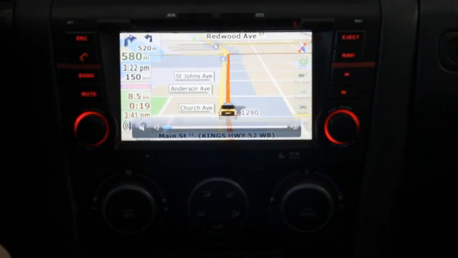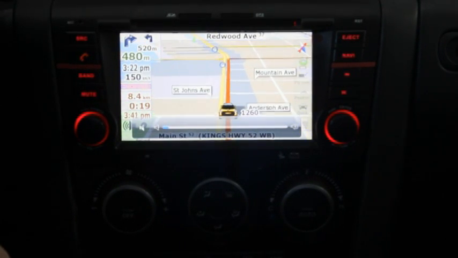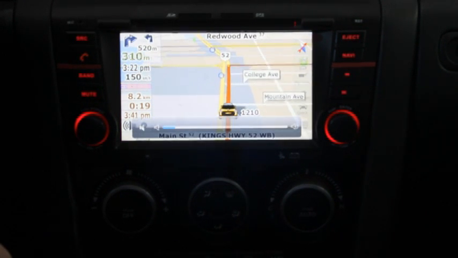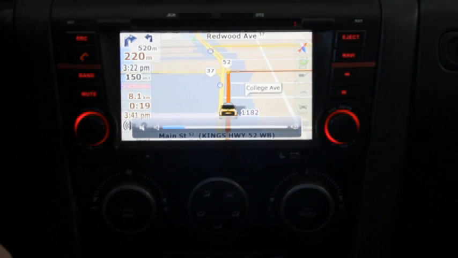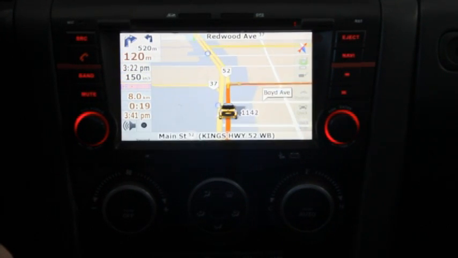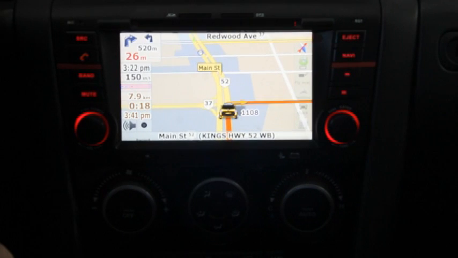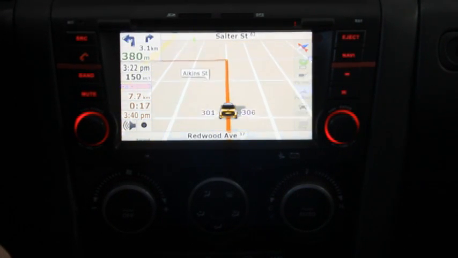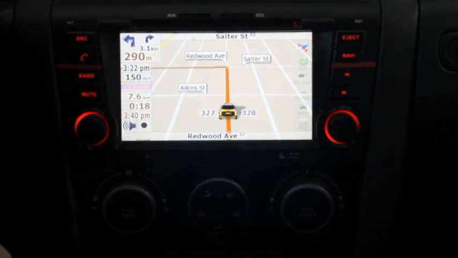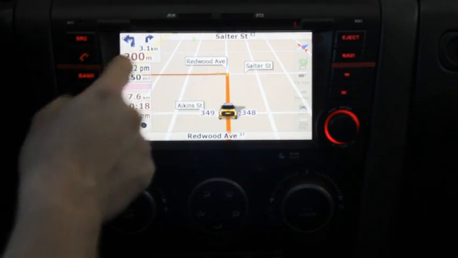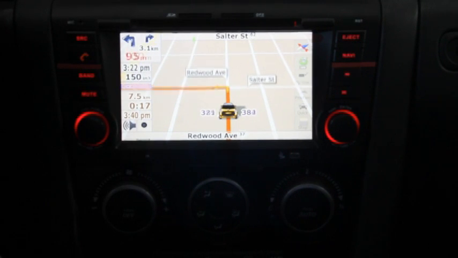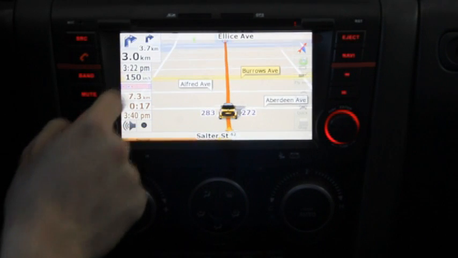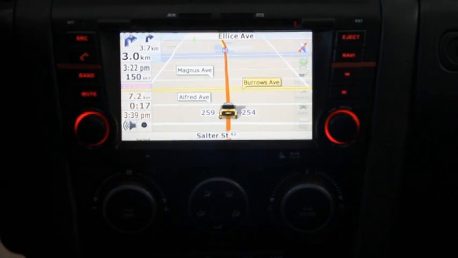Now, because the system is going so much quicker than it actually would be, it's sometimes cutting itself off here because it's moving so much quicker than normal. Prepare to turn right in 300 meters onto Redwood Avenue. In 100 meters, turn right onto Redwood Avenue. Prepare to turn left in 380 meters onto Salter Street. You can see the distance to the next turn up in the corner there, as well as the current time, current speed, compass,